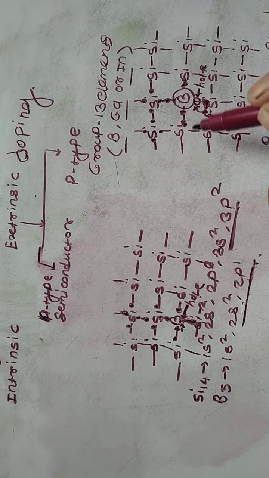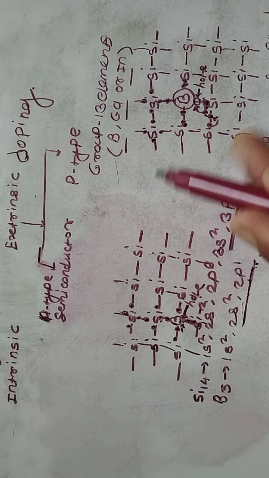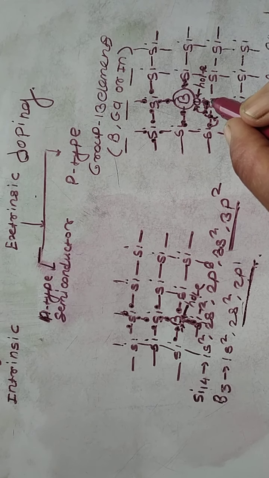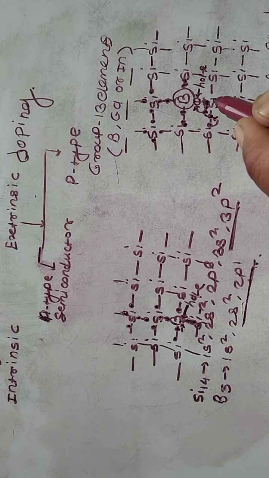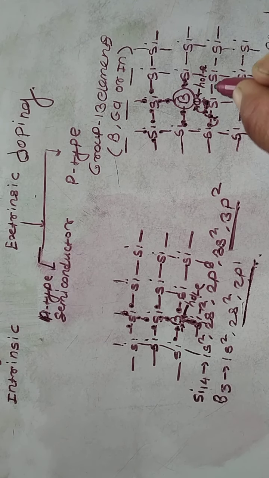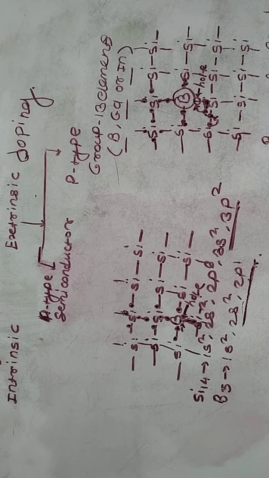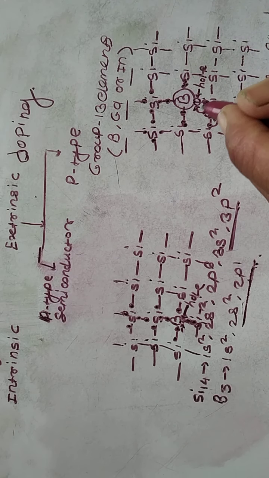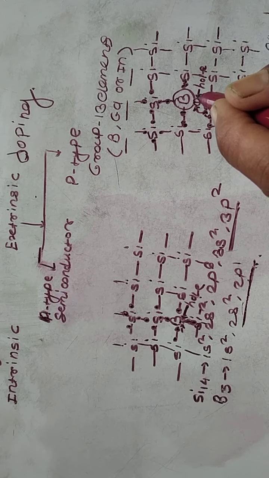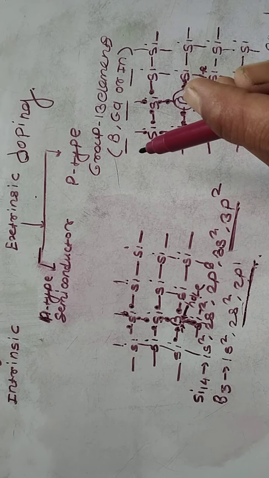Charge carriers are holes. In n-type semiconductor, charge carriers are electrons, but in case of p-type semiconductor, the charge carriers are holes, which behave like a positive charge. This is silicon or germanium doped with group 13 elements like boron, gallium and indium. The conduction of electricity takes place in the semiconductor because of this positive hole, and that's why it is called a p-type semiconductor.